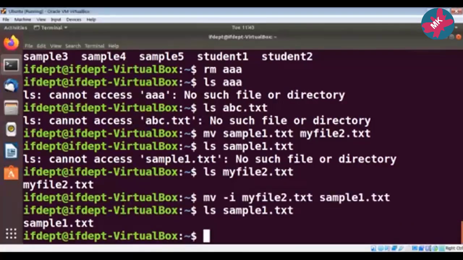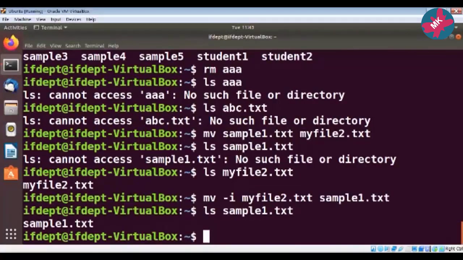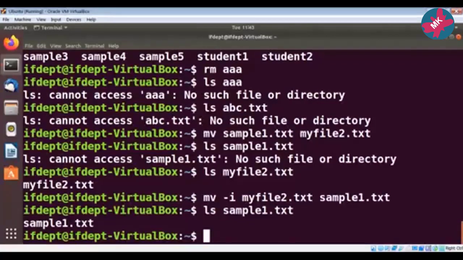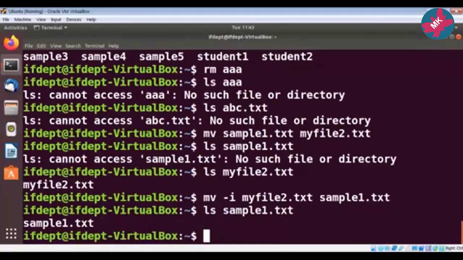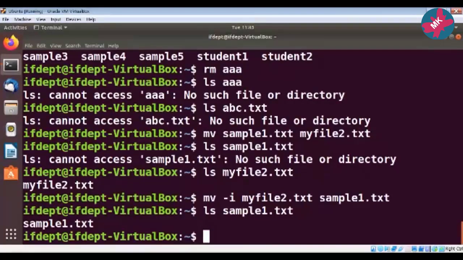Now after this, we are going to see the copy command. We all do copying in Windows. Suppose one particular file is there, and let's again take the example of sample1. What I am going to do is use the cp command, sample1.txt, and put the content of this file in sample3.txt.